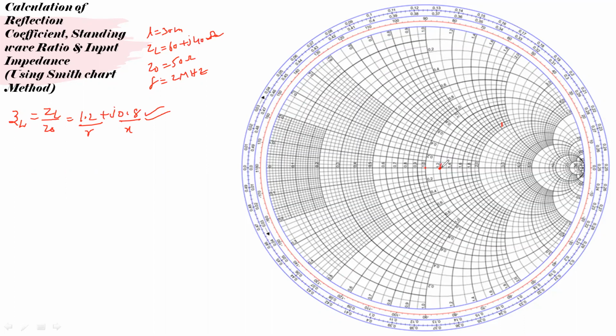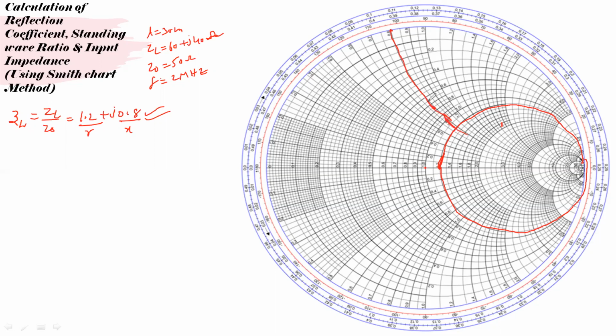On pointing, you have to draw on top of the 1.2 circle. That is equal to the R circle. That is a given value. That is a calculated value from the normalized. This is the R value. Then X equal to 0.8. You need to identify the value. You have to move on top of the periphery of the circle. You have to move 0, 0.1, 0.2, 0.3, 0.4, 0.5, 0.6, 0.7, 0.8. This is the value 0.8. So you have to take it drawn towards the right hand side gamma value that you need to point out.